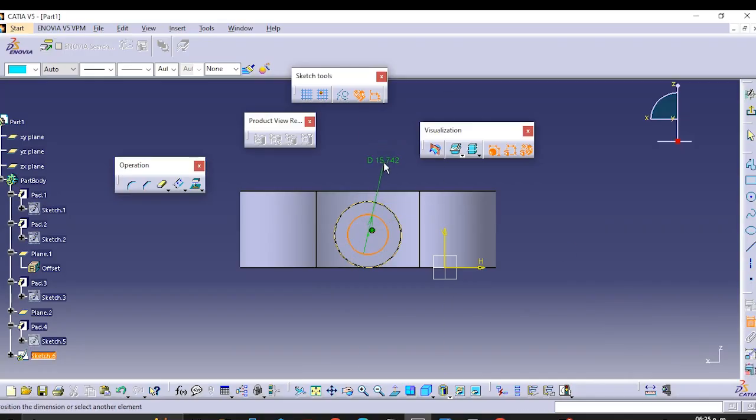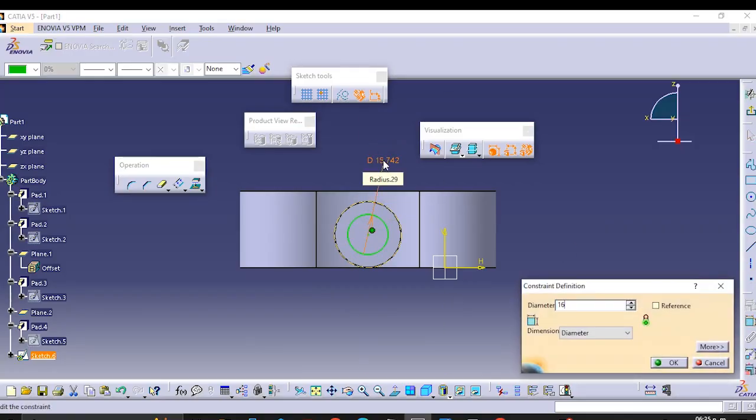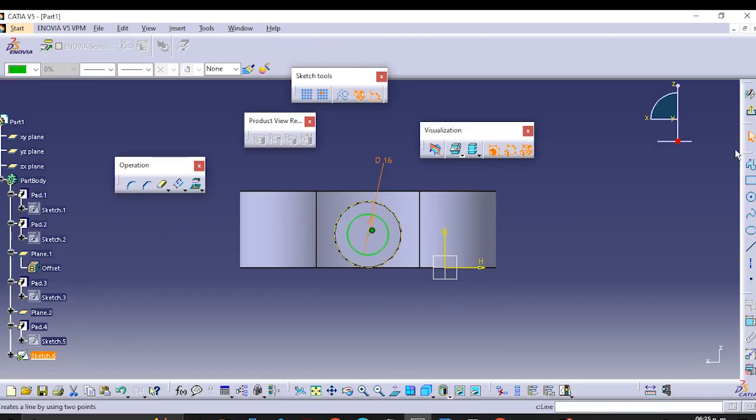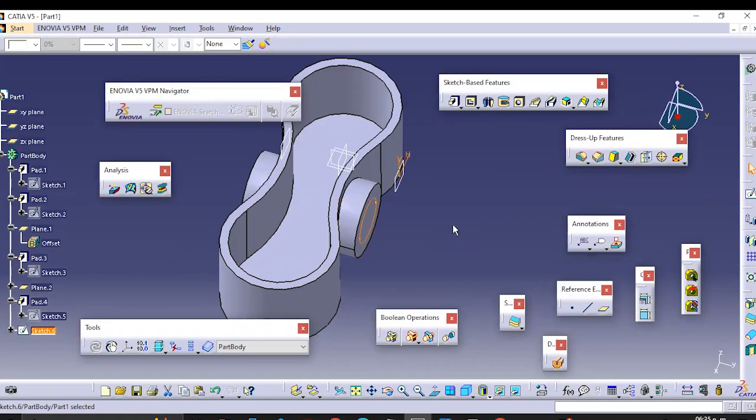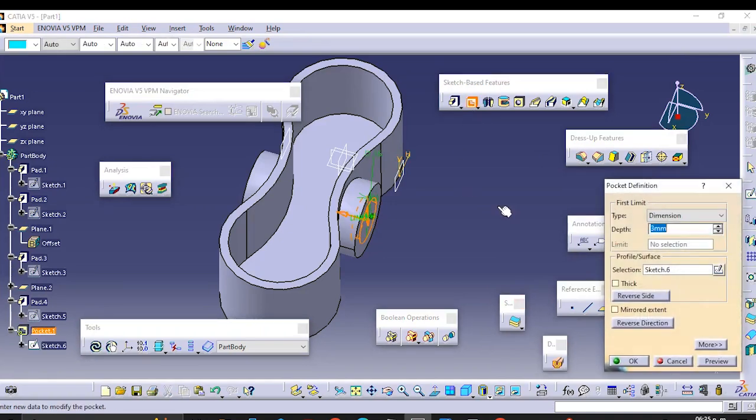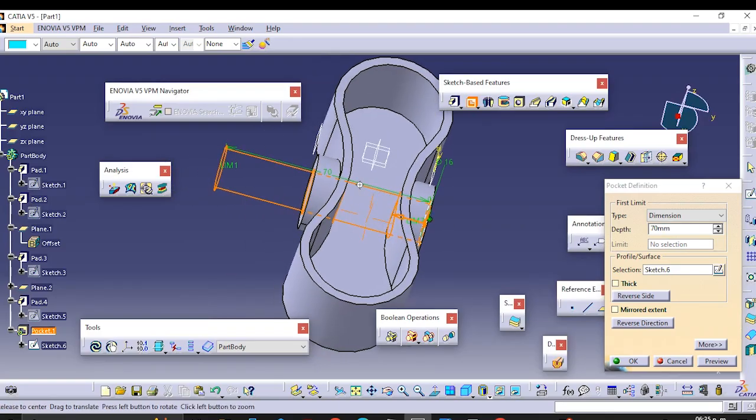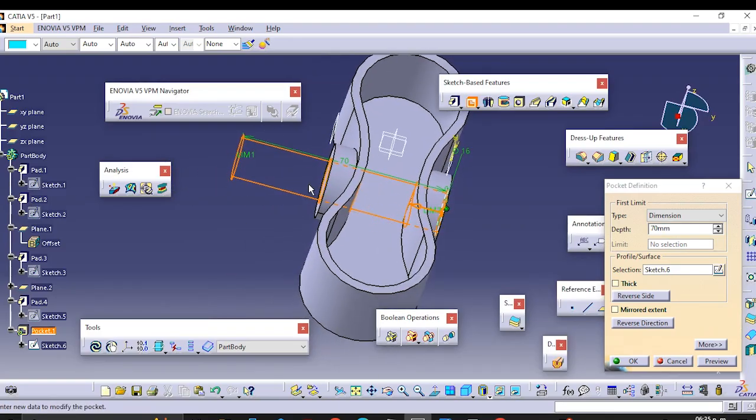We say diameter 16. Let's exit and now use a pocket. The measure is about 17. It doesn't matter because the important thing is the hole goes through this part. Okay,